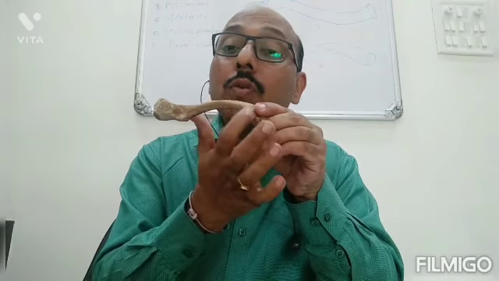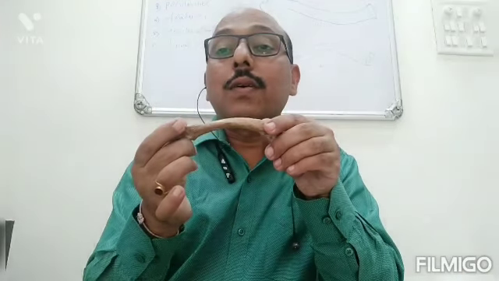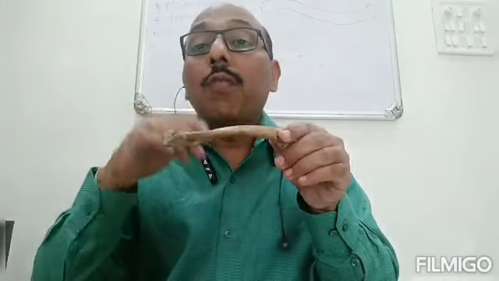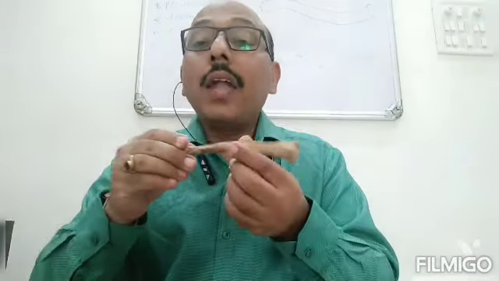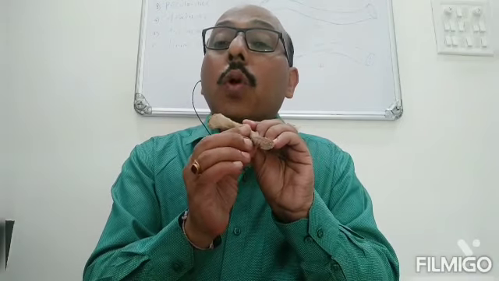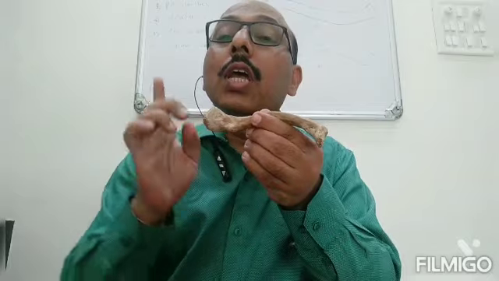Okay, and the margin of the subclavian groove gives attachment to the clavipectoral fascia. And of the 2 muscles towards the lateral end, the anterior border gives origin to the deltoid, and the posterior border provides insertion to the trapezius. Okay, and the inferior surface of the lateral 1/3 has the conoid tubercle and trapezoid ridge. They provide attachment to the coracoclavicular ligament.